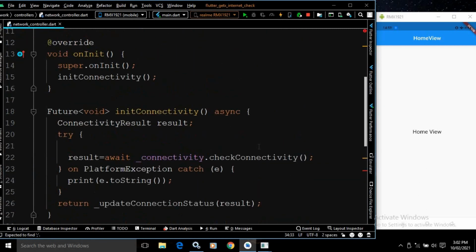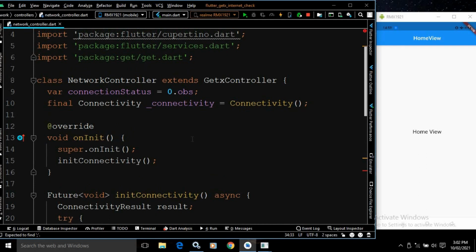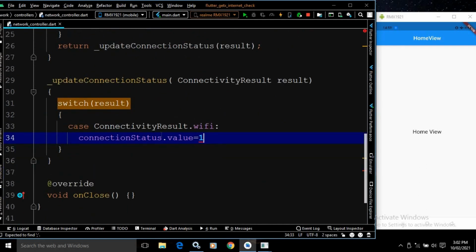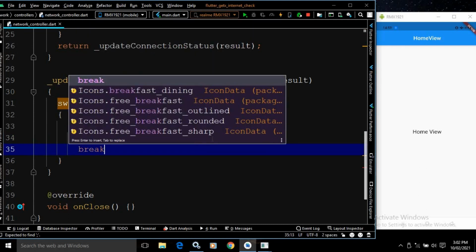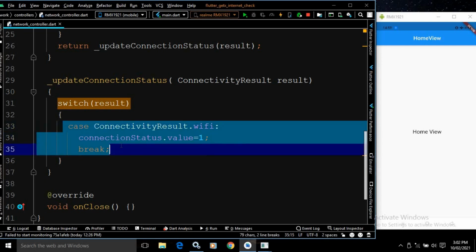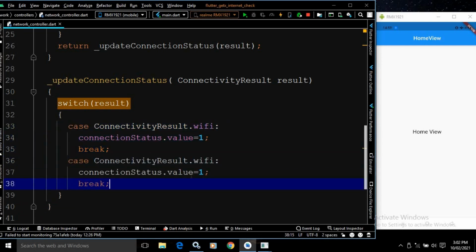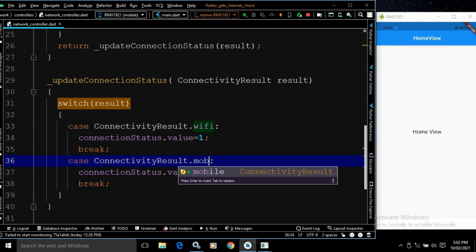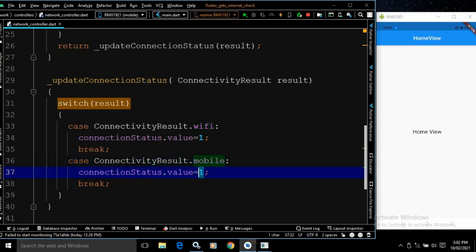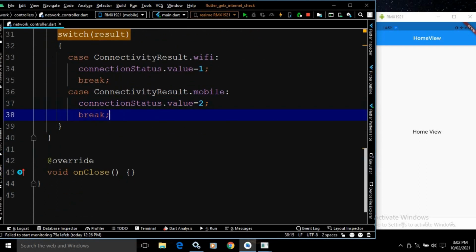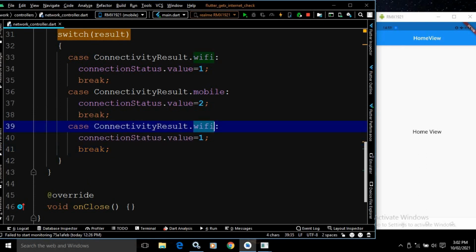If you remember, I created a variable named connectionStatus. So if there is a Wi-Fi connection, the value of connectionStatus will be set as 1. After that, break. Now let me copy this and paste it here. If there is a mobile connection, then I will set the value as 2. Let me paste it once again. If there is no connection, then I will set the value as 0.